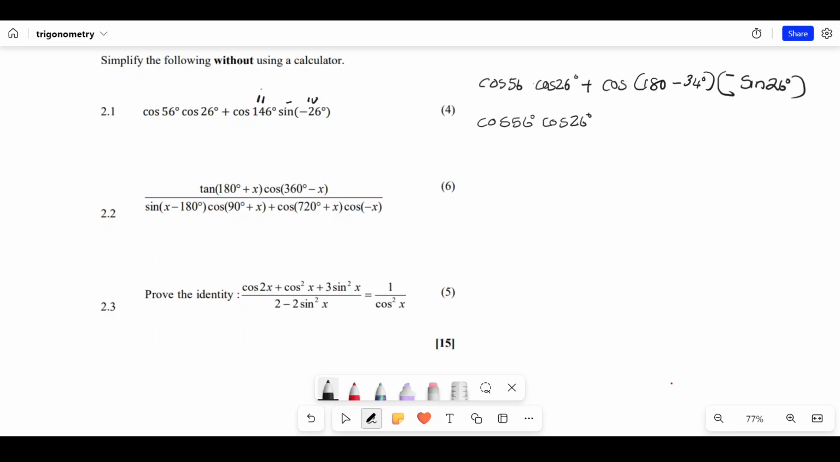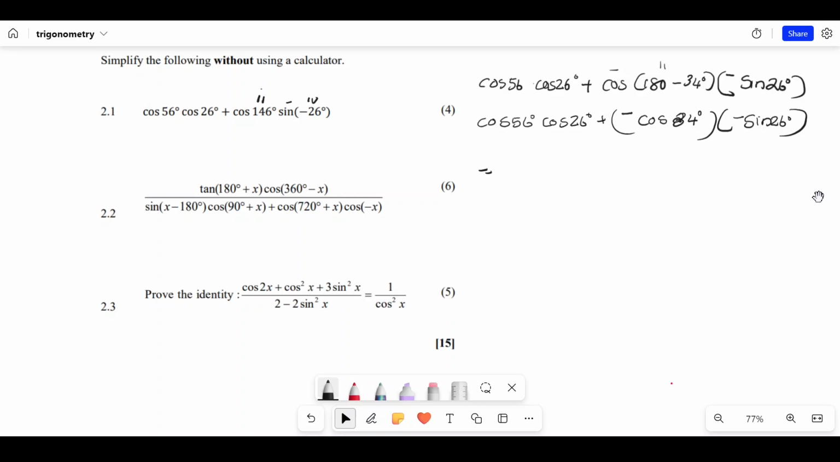Cos 26 plus, this is second quadrant, cos is negative. So our answer is going to be negative cos 34, not 26, 34 times negative sine 26. Okay, now here you get the mark for that reduction formula. Now here you can see, when you look at the angles here, 56 degree, 26 degree, 34 and 26, it's